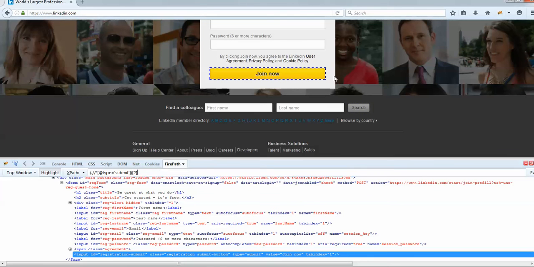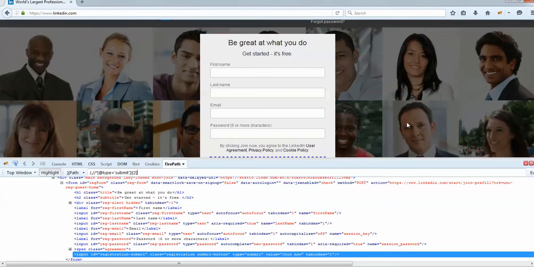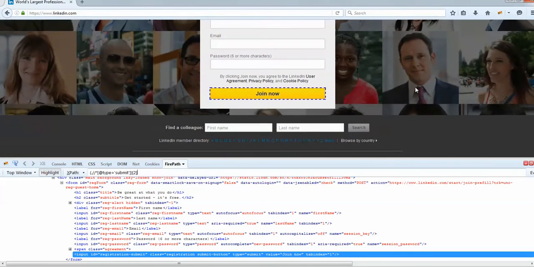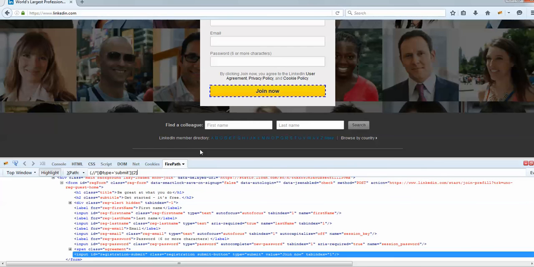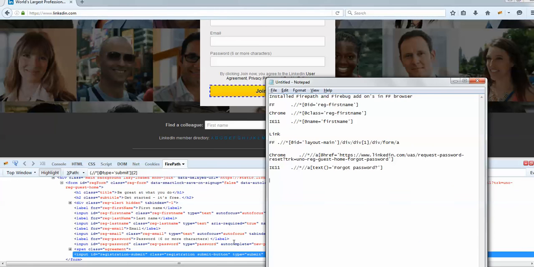Yeah, when I give it, now nothing else is highlighted. If you see, sign in is not highlighted and search is not highlighted, only join now. So it uniquely identified the element. So by using indexing, even if you have a number of elements on your page having the same type of identifier, you can correctly find the index of that element and drive it to your script. So this is what I wanted to talk about indexing today. That's a very important concept.